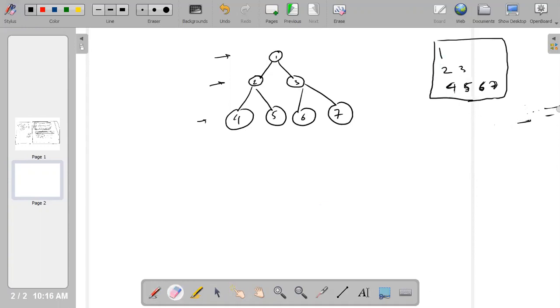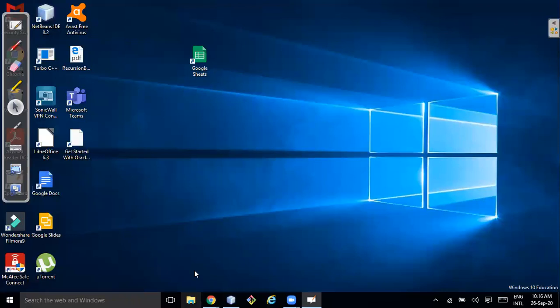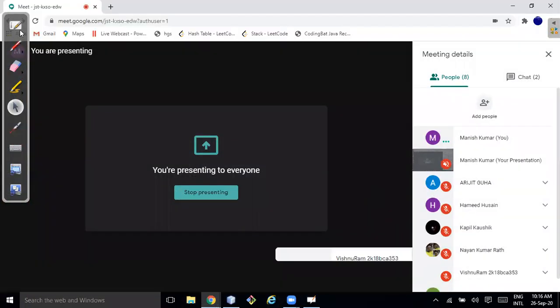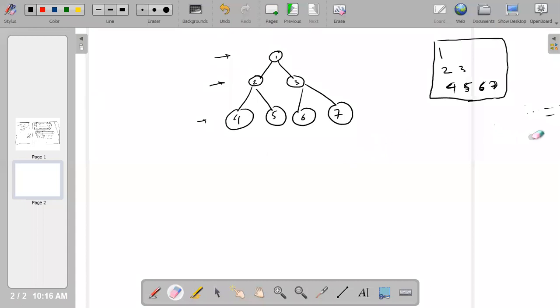Now let's think about it recursively. Let's think about the hypothesis. How can we define the hypothesis? The first step is to define the hypothesis.